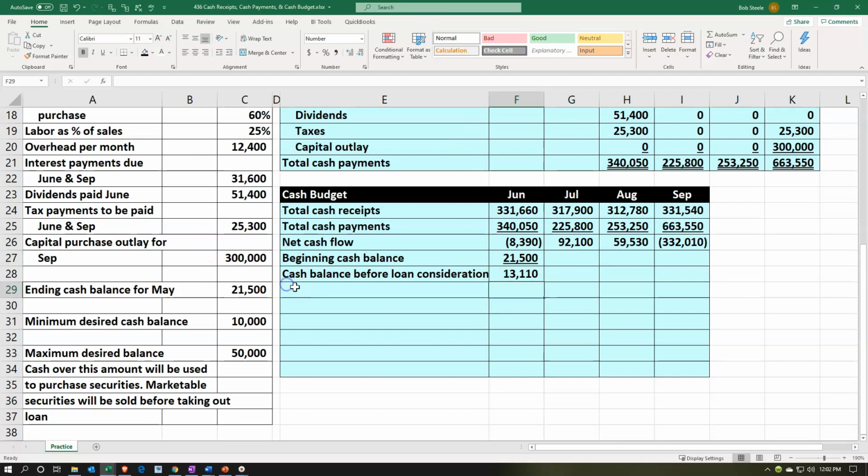And then we have a loan if we need one. Now we don't need any loan because we are over the minimum of the 10,000. So we're good there. And then marketable securities is what we would purchase if we were over the maximum of 40,000 or 50,000. We're not there. We're in between the minimum and the maximum, so we don't need to do anything. So I can put a 0 on these items, and that's going to give us our ending cash balance,